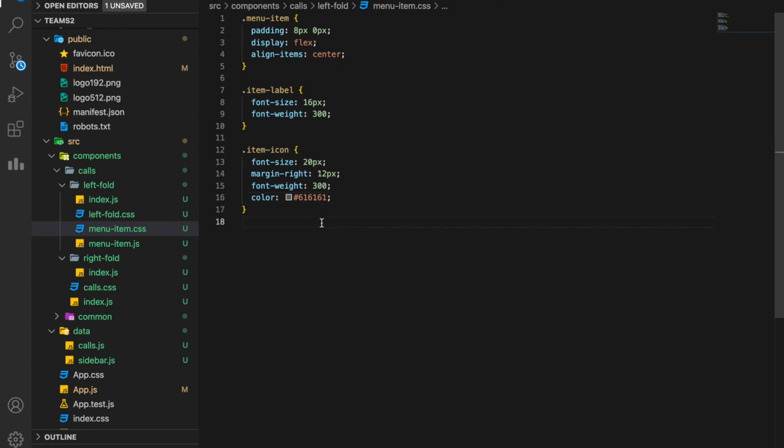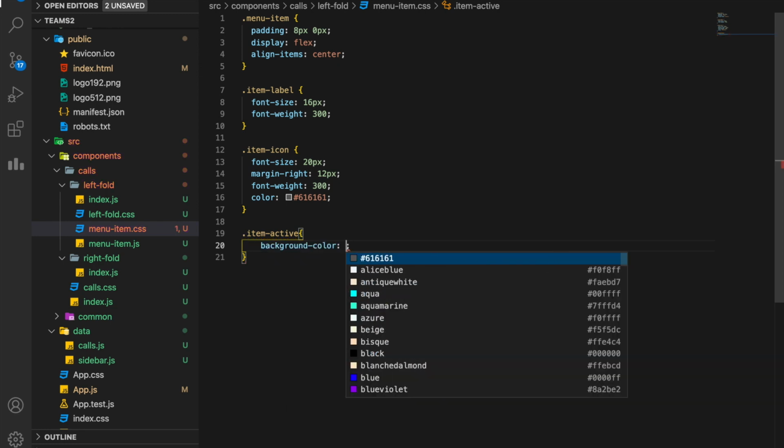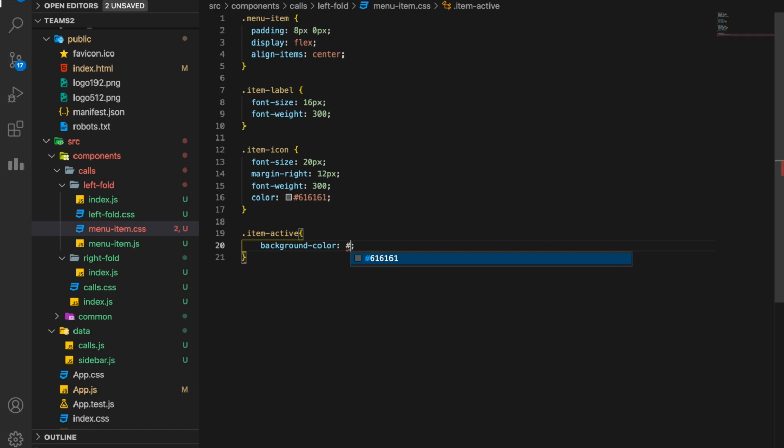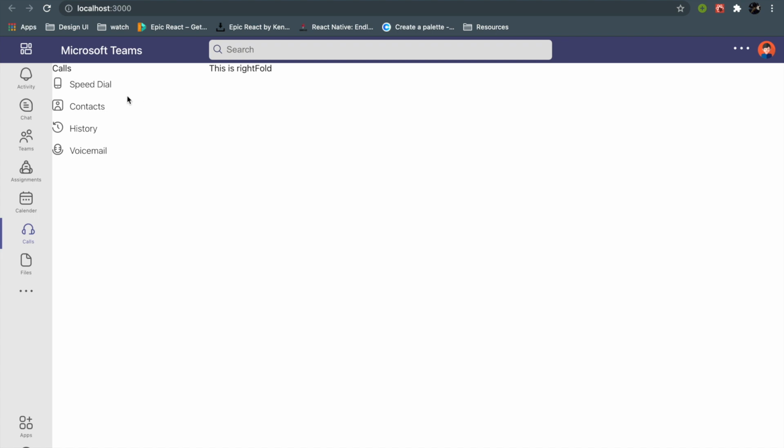So yes. And now for the active icons, let's give it item active, and let's change the background color to a different hash code, which I copied from Microsoft Teams, which is F3EFEA. Sorry. So as you can see, my menu item is done.